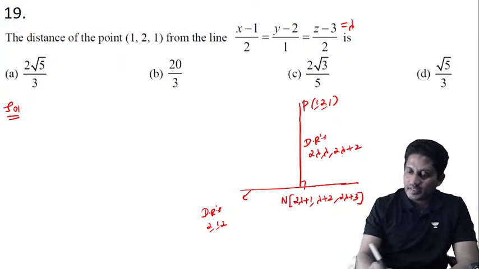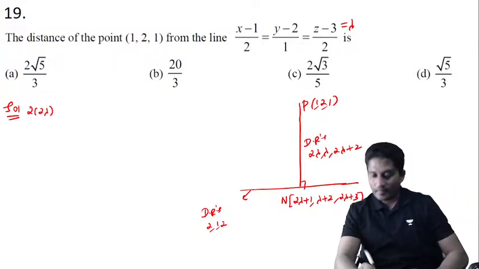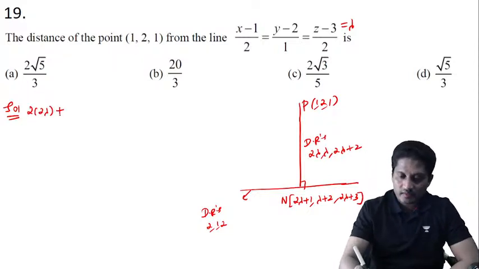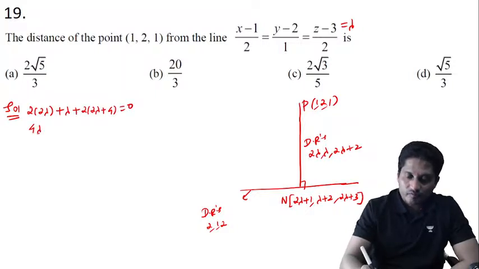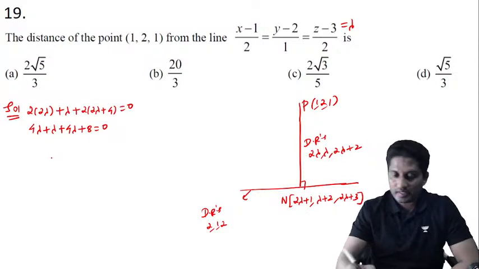Right, now if I multiply the drs, you will get 2 into 2 lambda plus lambda, and then plus 2 into 2 lambda plus 4 equal to 0, right? This becomes 4 lambda plus 4 lambda plus 8 is equal to 0. Okay, 9 lambda